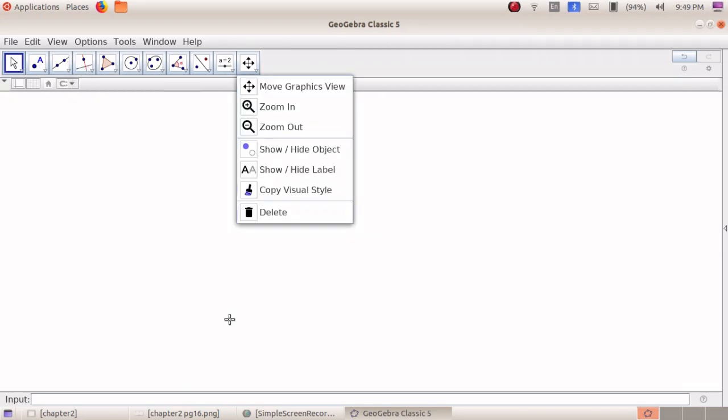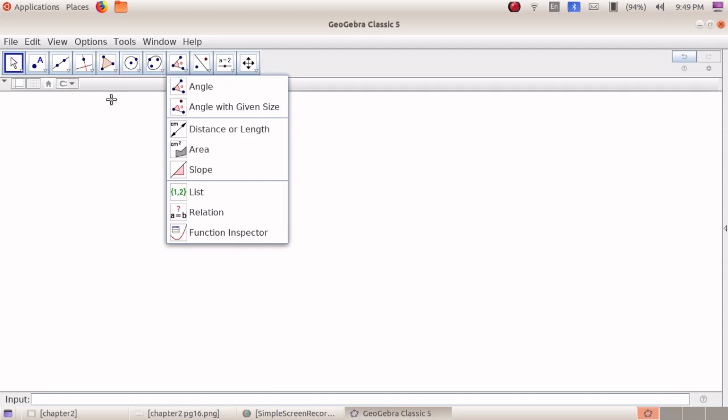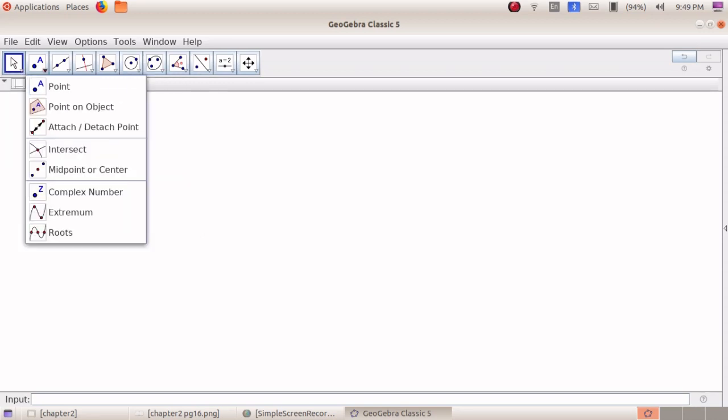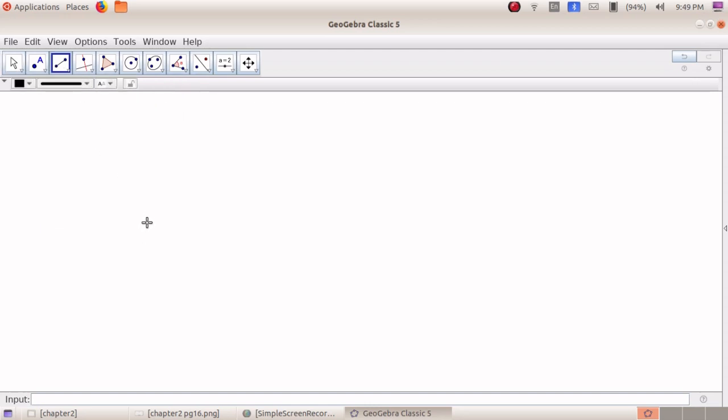We are going to draw a line. How should you draw a line? Here first group tool, second group, like that we are telling. In the third group tool, select the option segment. Once again, third group tool, select the option segment. Now our mouse pointer is changed into a plus symbol. Click a point here, drag, and click on the second point. Now I can see a line segment.